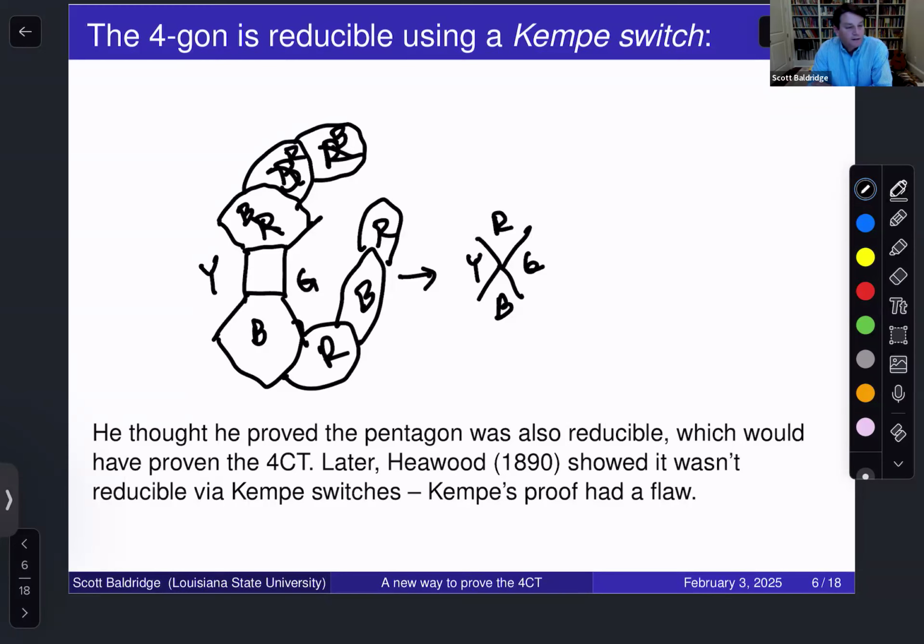And that would be another nice four coloring. But now I've got three colors around the edges, and I can put in red into the center. So that's called a Kemp switch, where you take a pattern of a chain of two colors, and it may not look like a chain necessarily, it might spread out into the graph, but as long as the chain doesn't bump up against the other